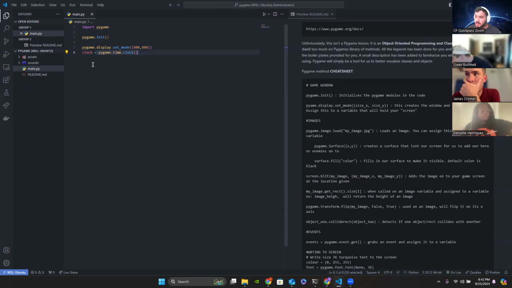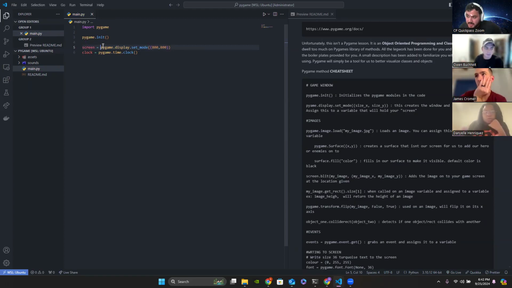So we assigned our clock. One thing we're going to want to do is our display. We're going to assign it to a variable as well, right? This variable is going to be called screen, right? So our screen, we assigned it our display. We created our clock and assigned it to the variable called clock, right? And next we're going to have to do